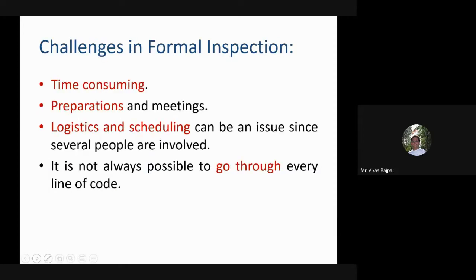Now there are challenges in this formal inspection. It becomes a time consuming process.